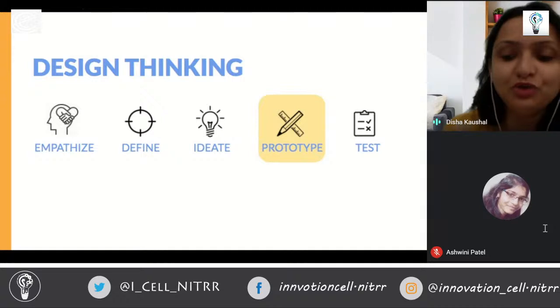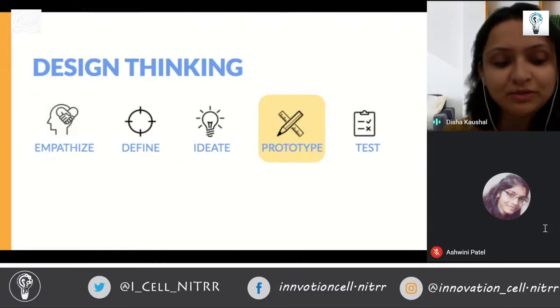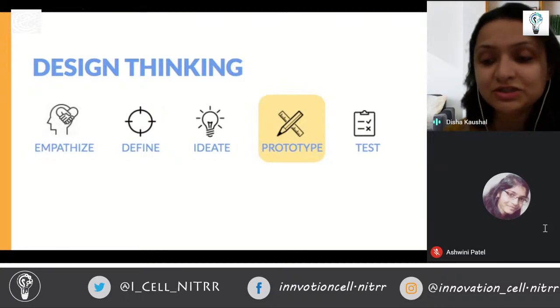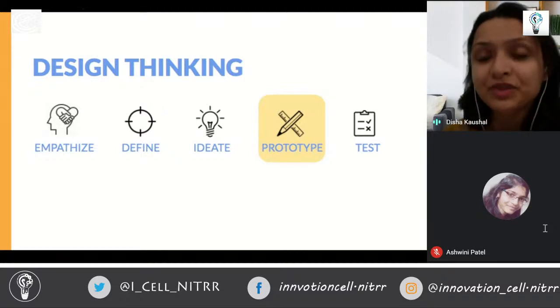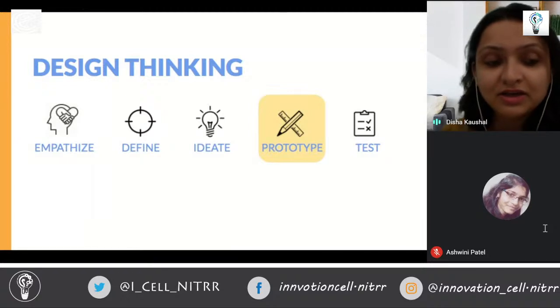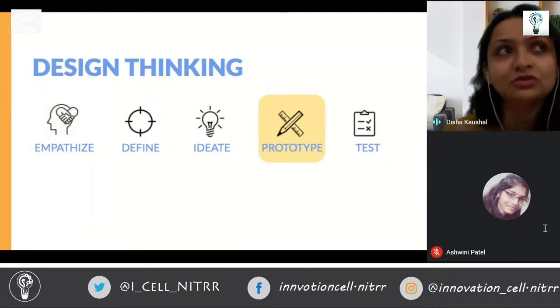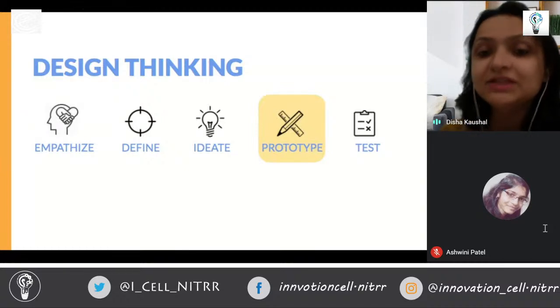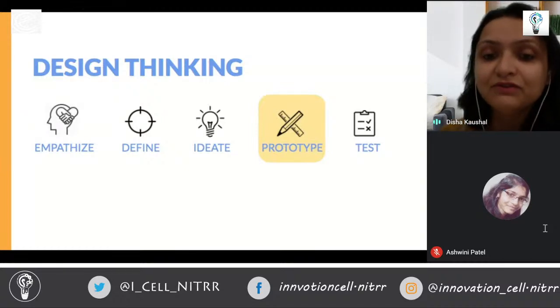So there is no point beautifying it, because this is one problem that I've faced in the last 6-7 years a lot of times, that students get attached so much value to their prototype or model that it is very difficult for them to move away from it. And when they take it to the user during the testing phase, they start defending their prototype, which is not good, because